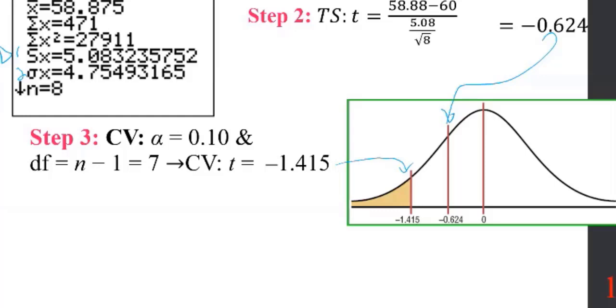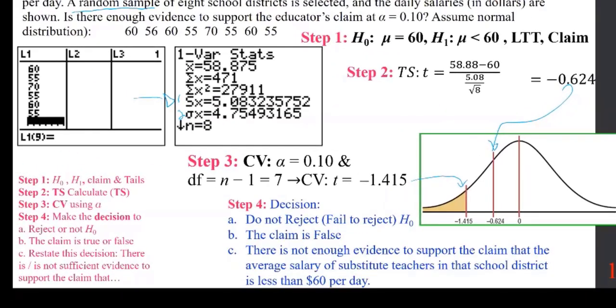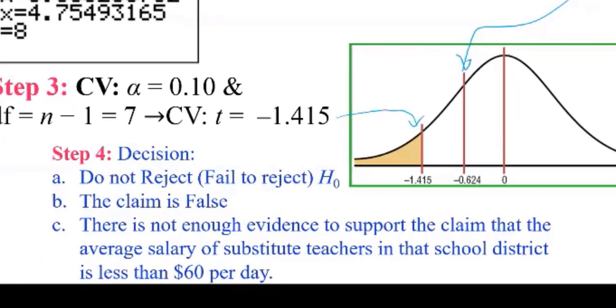So all your calculation does, it says, do not reject or fail to reject H0. That's what your calculation does. Now you do the writing. So do not reject H0. What does it mean? That means you reject H1 loosely. That means the claim becomes false. And that's the idea. So there is not sufficient evidence or enough evidence to support the claim that the average salary of substitute teachers in that school district is less than $60 per